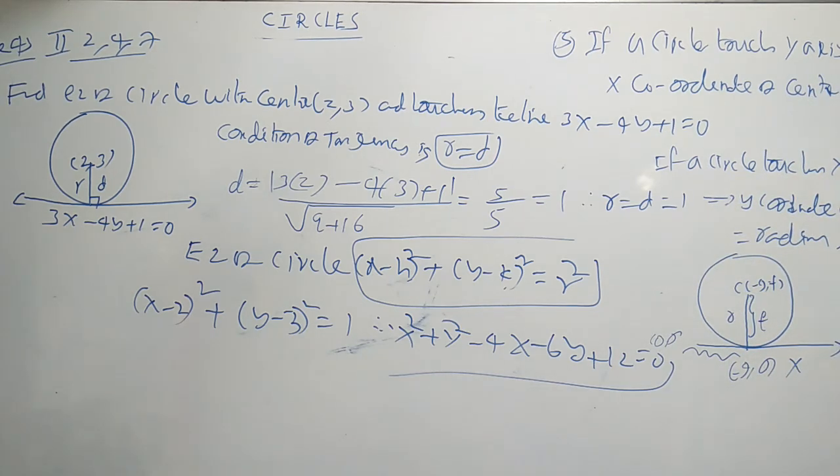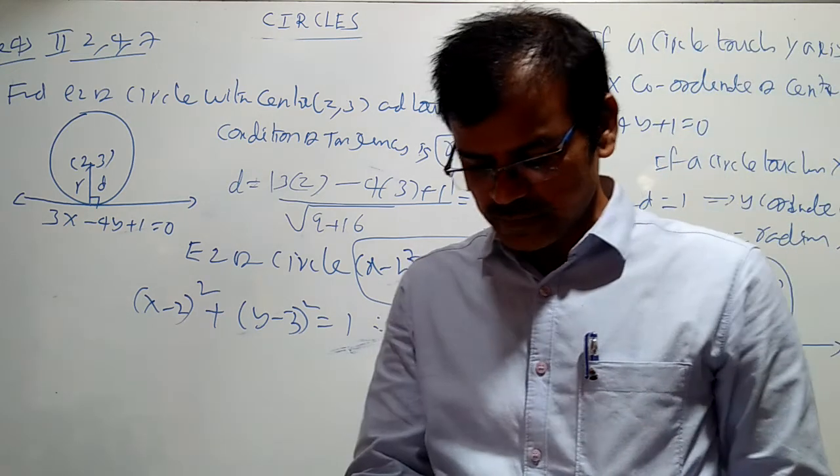Next, this diagram I am drawing. If a circle touches y-axis, here you put like this, y-axis, the center is minus g comma minus f. In a similar way you put here 0 comma minus f. So this is g here. G is the radius. Depending on that, you can calculate the sum easily.